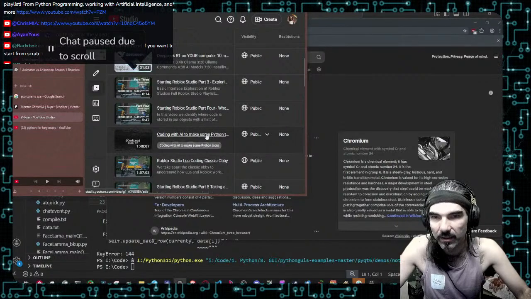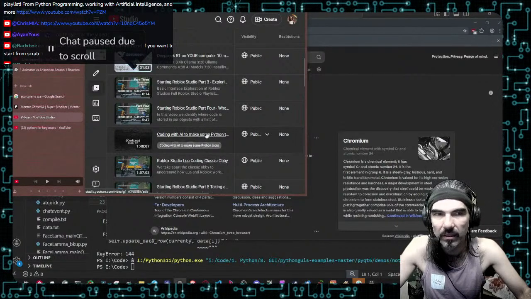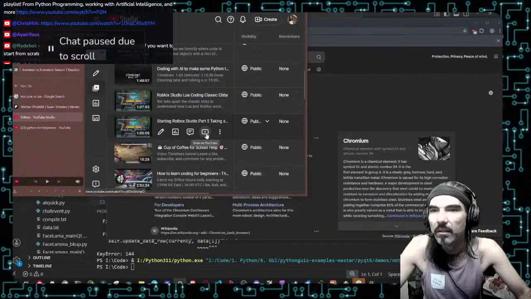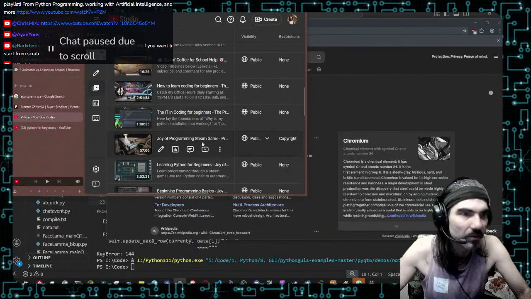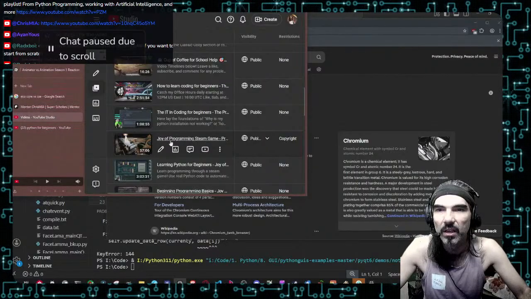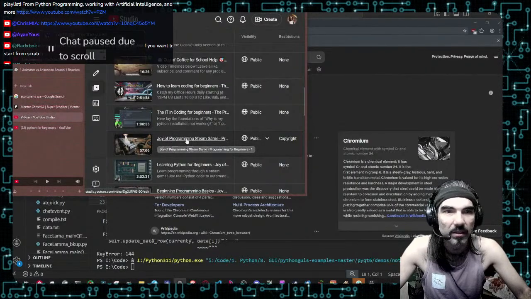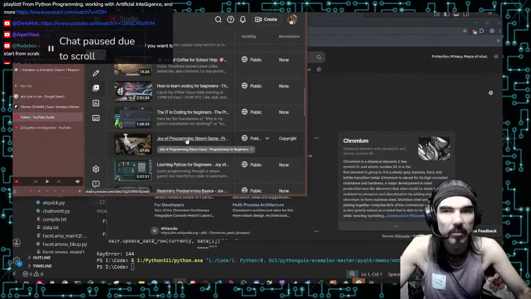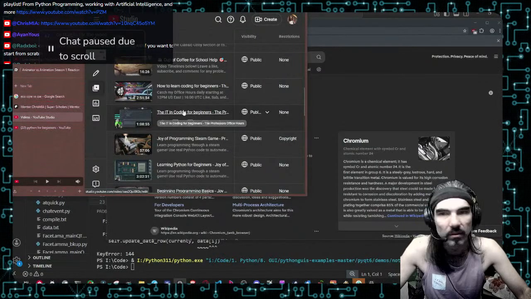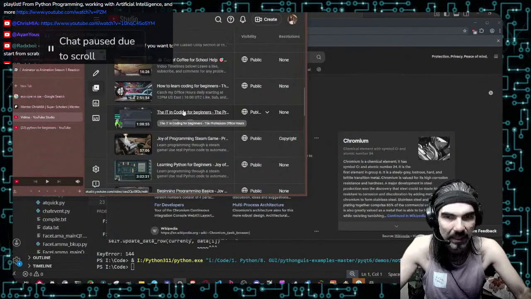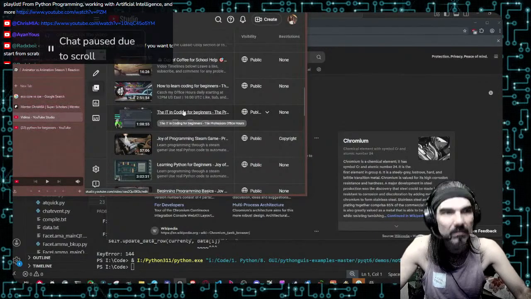Coding with AI, so taking AI code and analyzing it and seeing how you can fix it. And it's just not the specific beginner space, right? You want to expand on your algorithms. There's a game called Joy of Programming. It's a Steam game where you use Python to solve puzzles. Then there's an IT for beginning space, so knowing how to play with information tech, IT, not fixing computers,